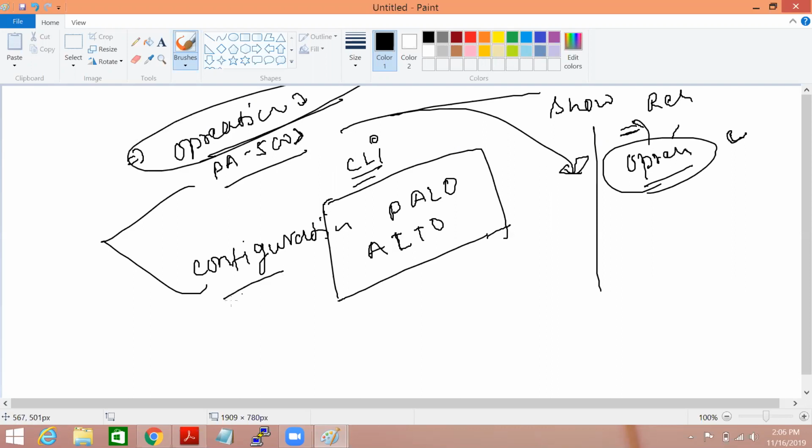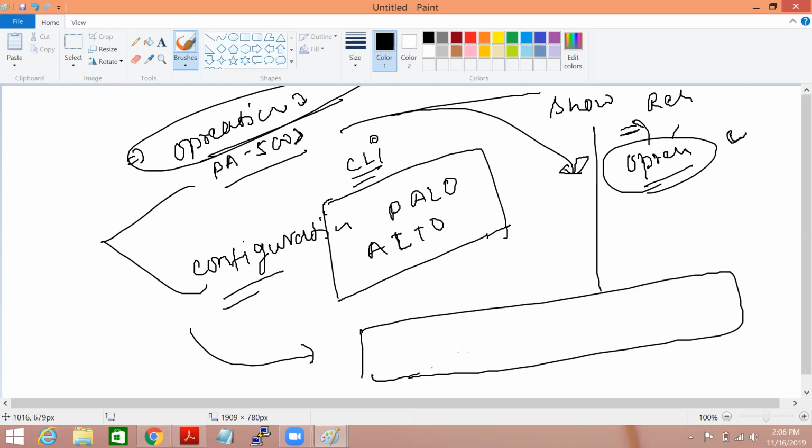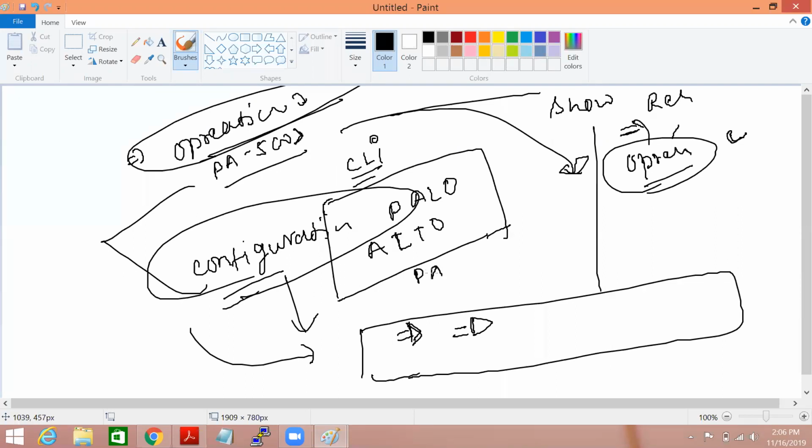And the configuration mode allows you to perform changes based on configuration. We can perform policy changes, routing changes, interface changes, NAT changes. These configuration changes we can perform from this configuration mode. So if you want to access this configuration mode, how does it look?